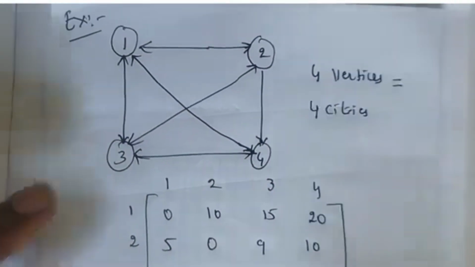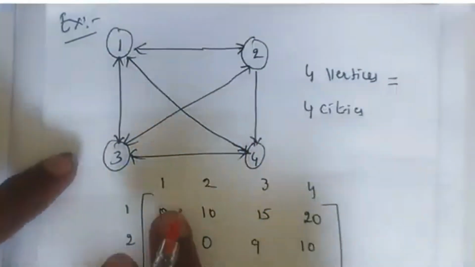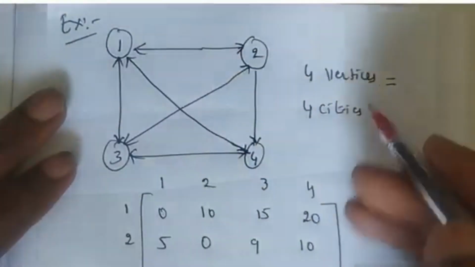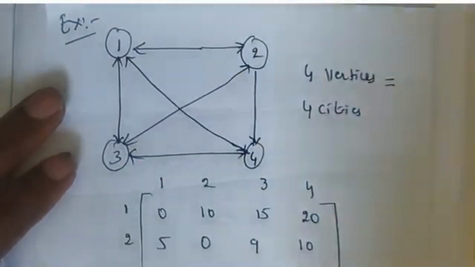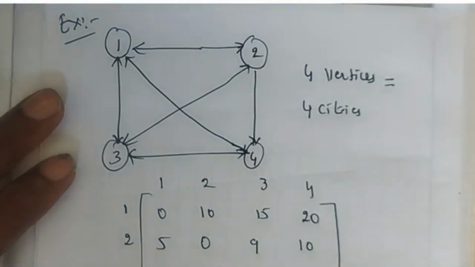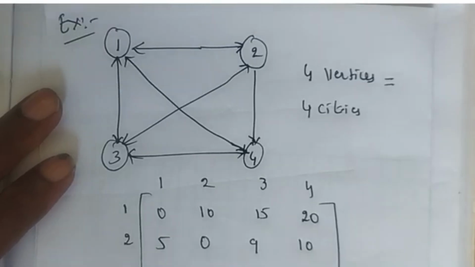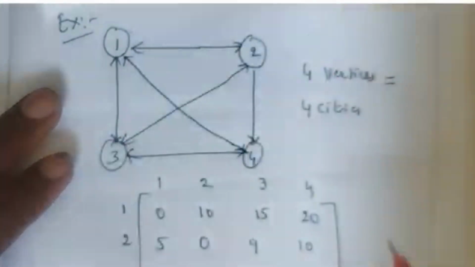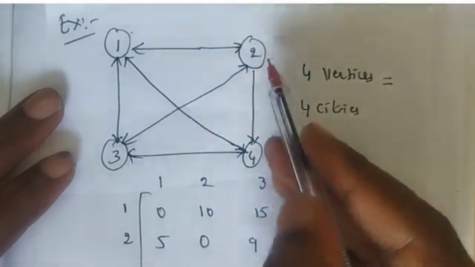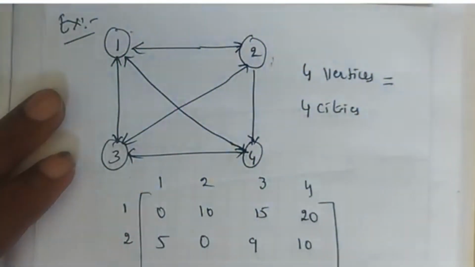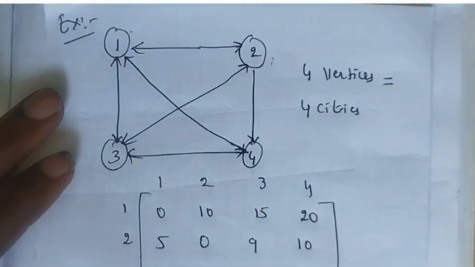In this example, I am taking a graph. Here the graph contains 4 cities, that is equal to 4 vertices. And what is the problem here? Let's start from the first vertex. We have to start from the first vertex. We have to visit all the cities, 2, 3, 4, all the cities, and find out the shortest path to